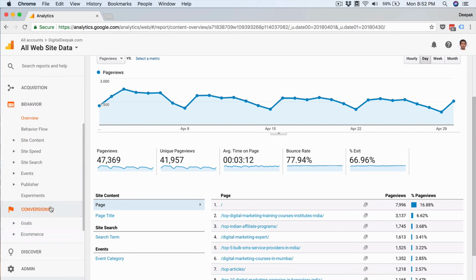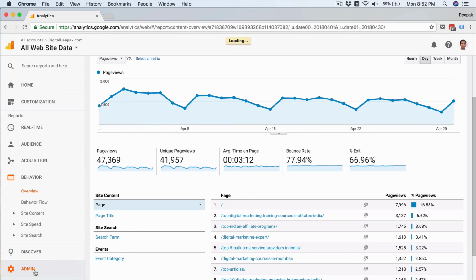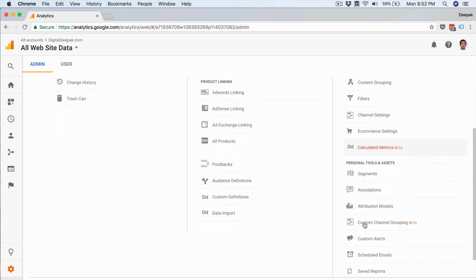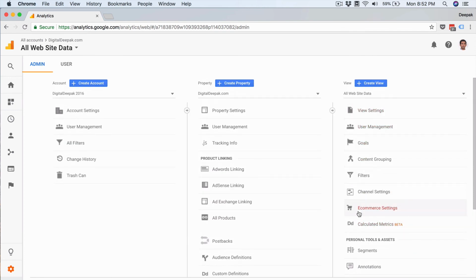And then we have conversions. Inside conversions, we have goals and e-commerce, which will be covered in separate tutorials in this course. And then you have the admin section. Inside the admin section, you will be able to see the various accounts. Inside accounts, you will have various different properties. Inside the properties, you will be able to link other Google properties such as AdWords, AdSense, and other products. And then you have the view section, which has a further granular view about various things, which we will also cover